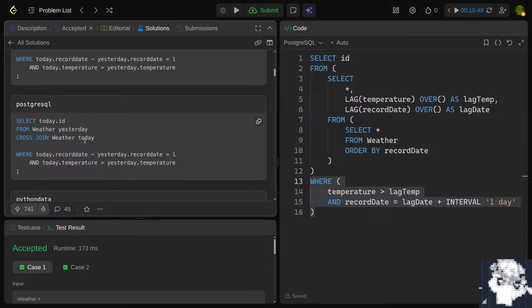Yeah, that's interesting. I get why that works. You're joining everything with everything and saying, but I only care about the ones that are 1 day apart. And the funny thing is, that might actually be efficient in Postgres. It just seems horrible as a